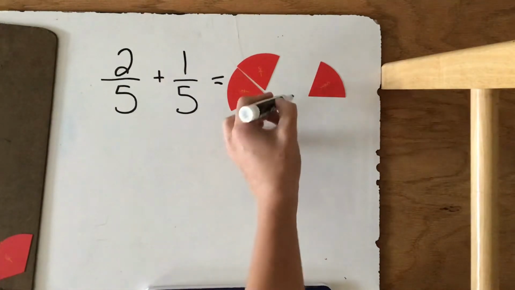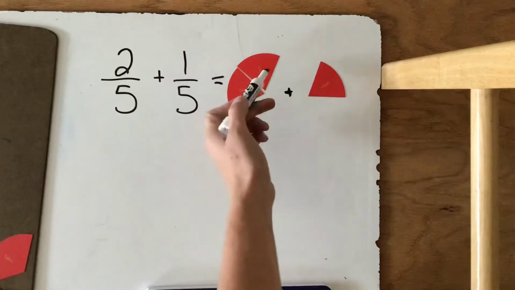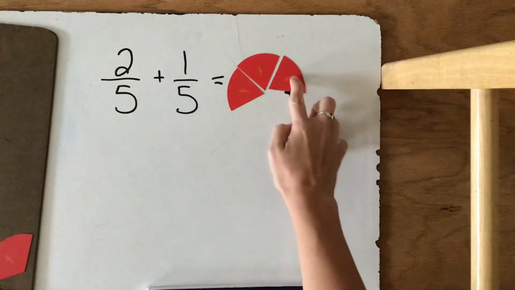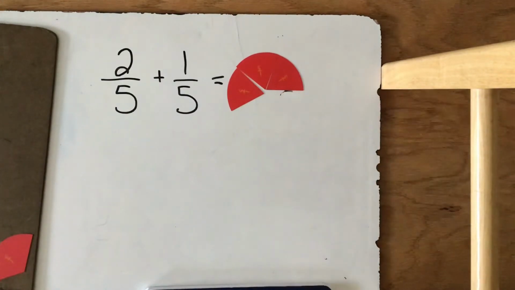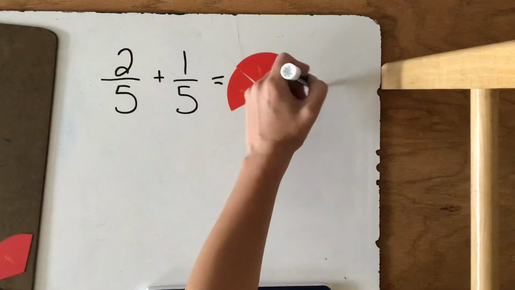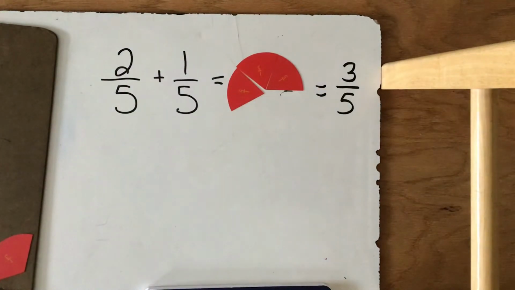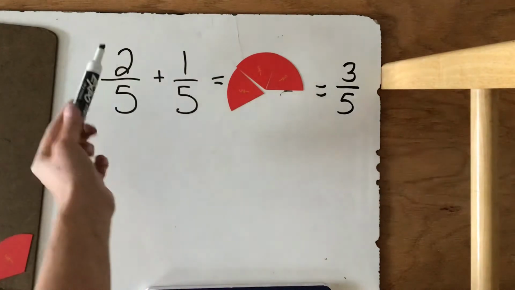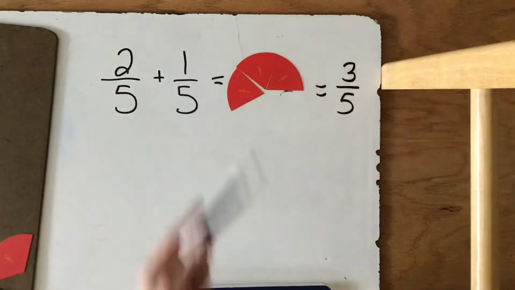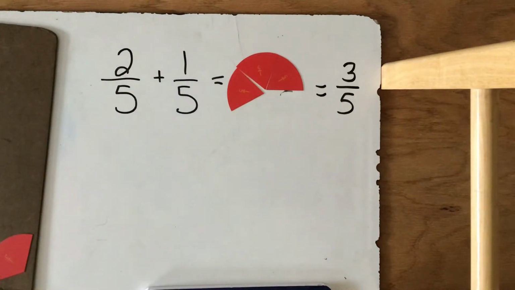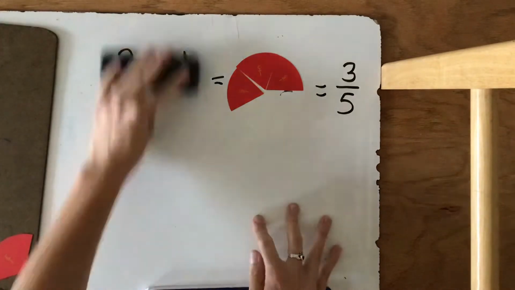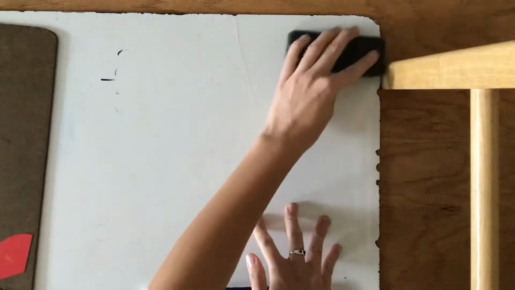And when we add them together, 2 plus 1 equals 3. So our answer is 3/5. When we have a common denominator, all we need to do is add the numerators. So when we have a problem where we don't have a common denominator, like this one,